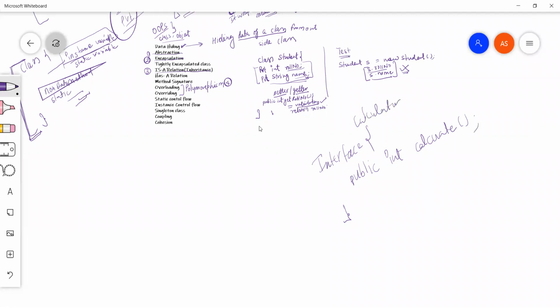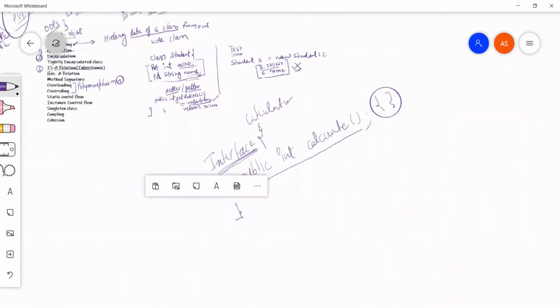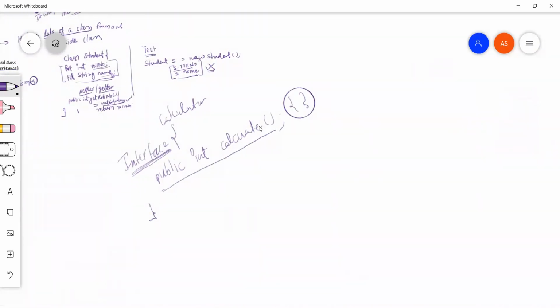We have this calculate method inside this interface, and when we declare a method inside an interface, we cannot provide the curly braces when we are talking about Java 7 or previous versions like 6, 5, 4. Java 8 has a different mechanism that we will talk about later on, because if I told you directly, you might not get the benefits added in Java 8. So that's why I'm not taking that right now. This interface Calculator has a method public int calculate, but the definition is not there. What is this definition? This is called implementation.